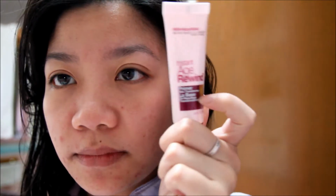So yeah, I have just put moisturizer on. Like I said, I'm gonna go ahead and put my primer on, the Maybelline Age Rewind. I have been using this. It's just a typical primer. It makes my skin more smooth. And so yeah, I'm gonna put this on, and then I am going to do a review on the L'Oreal